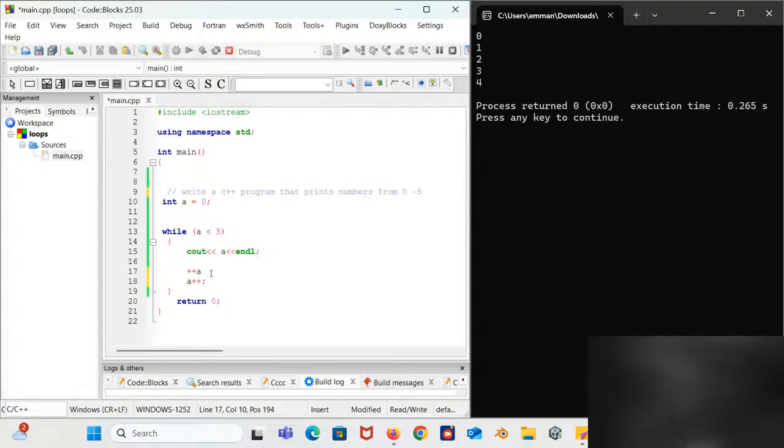So let me explain the two. Okay, the post and then the pre-increment. Let me just use this to explain it. Let me use a simple example here to explain it. So you have, let's say, A, right? Let's say A is equal to 5, right? A is equal to 5, and then we are saying that int B is equal to, let's say, plus plus of A.